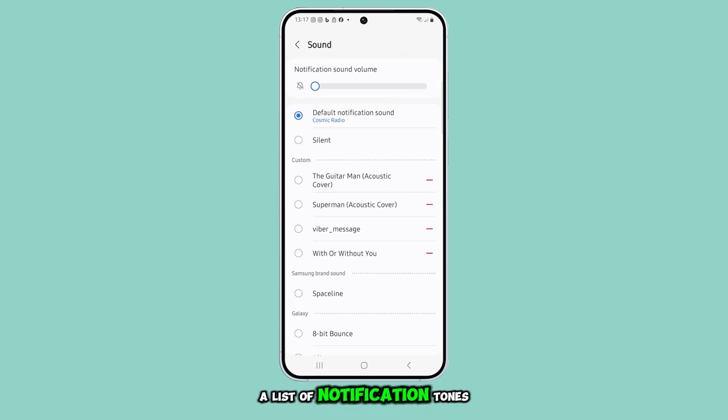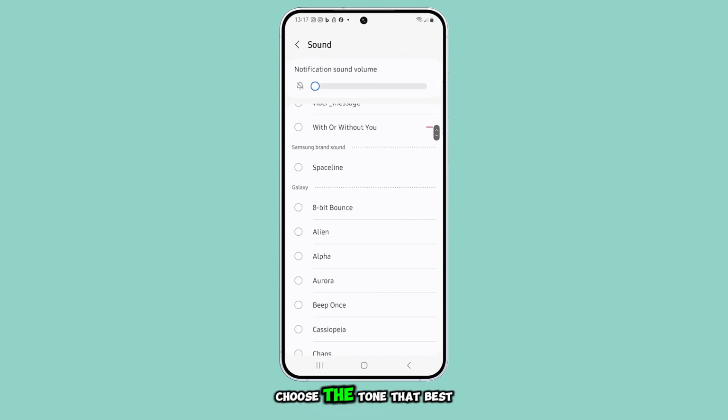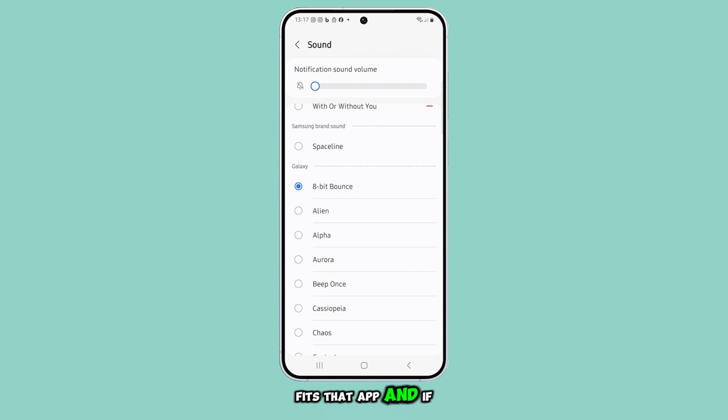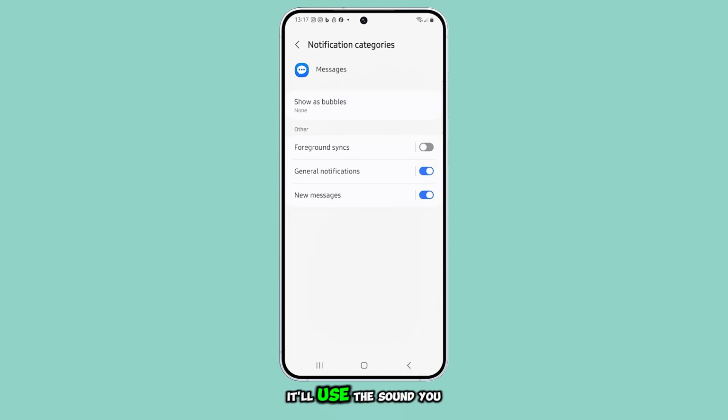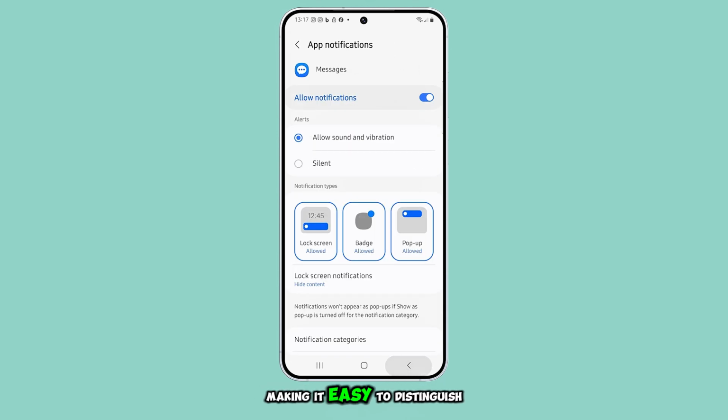A list of notification tones will appear. Choose the tone that best fits that app, and if needed, adjust the sound level to your liking. After making your selection, tap the back arrow to confirm your changes. Now, every time you get a message, it'll use the sound you just set, making it easy to distinguish it